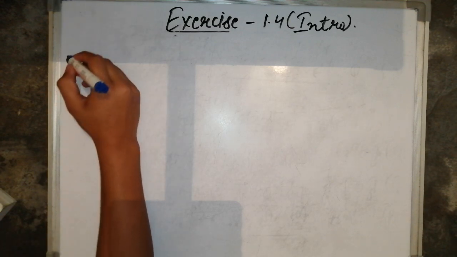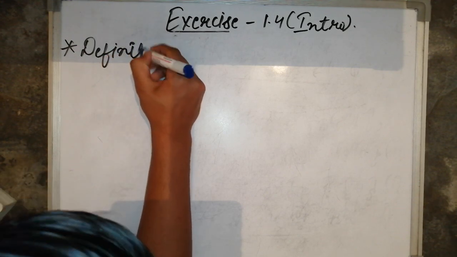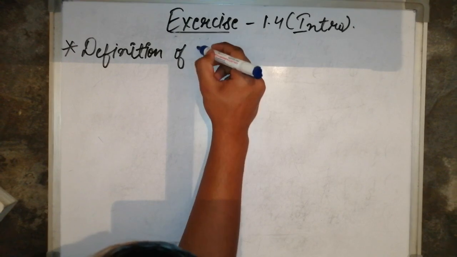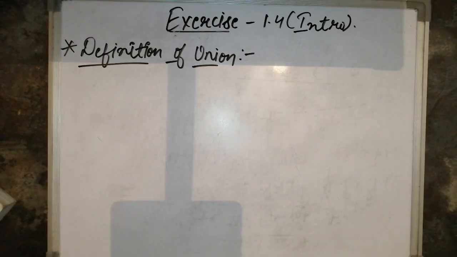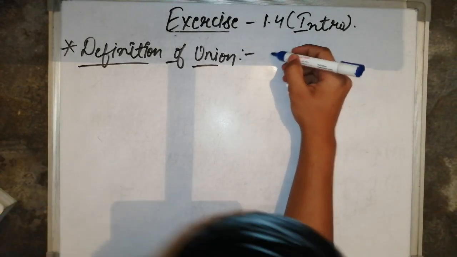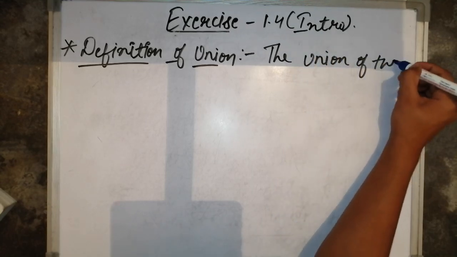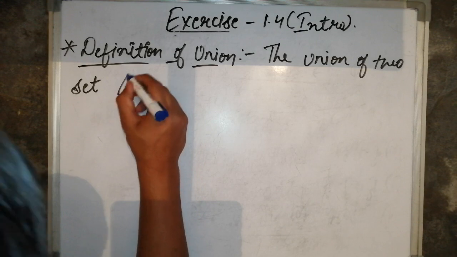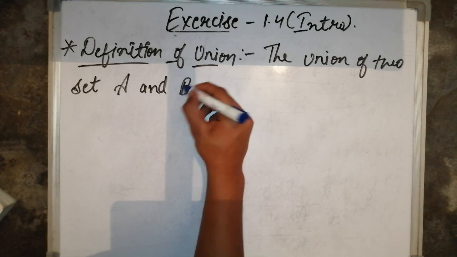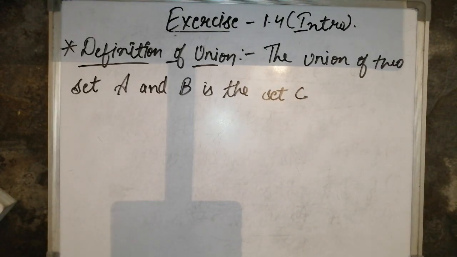Students, the definition of union according to NCERT is: the union of two sets A and B is the set C, which consists of all those elements